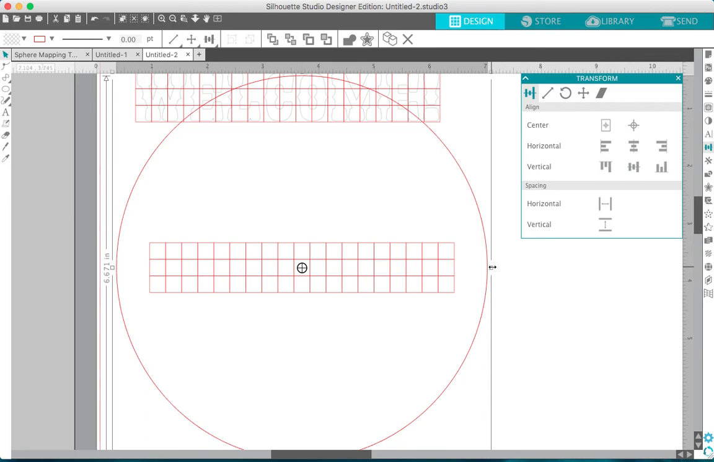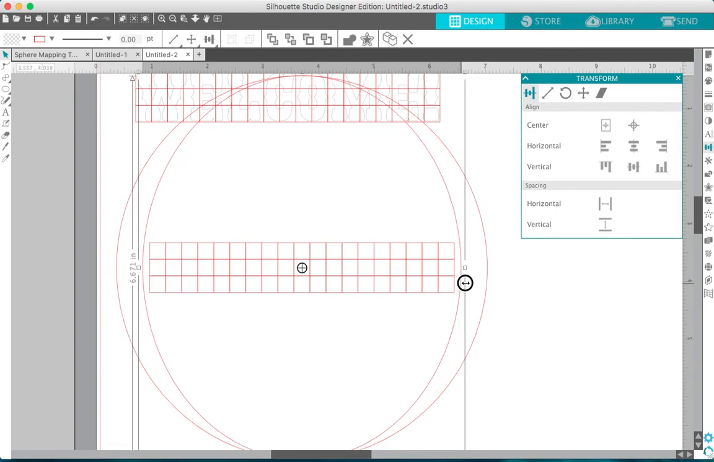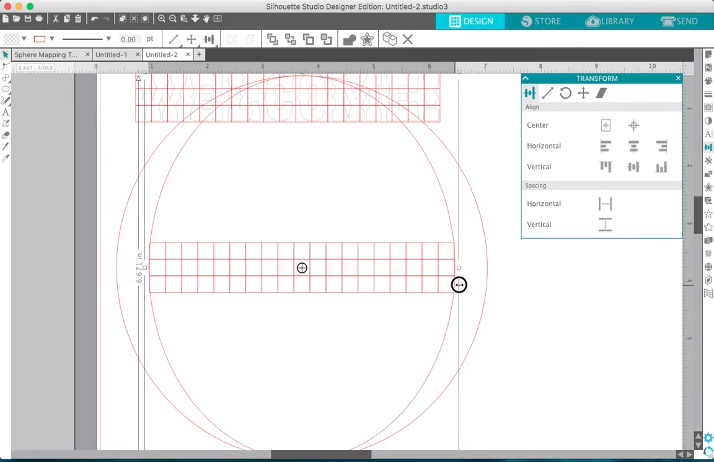So for this, you want to hold down the Option or Alt key for the whole time because you're going to need it. Start by dragging one of the circles in until it matches the outermost lines. Now you'll notice that both of those shrink at the same time, and that's because I was holding down